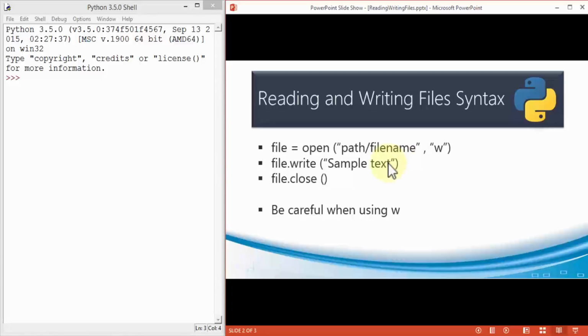I'll demonstrate that as I move forward. A word of caution here is that you need to be careful when using the write option, or the W. The reason why is because when you use the write option, Python is going to write to that file. So for instance, if you have a file created and it has some text that contains multiple lines or paragraphs or whatnot,